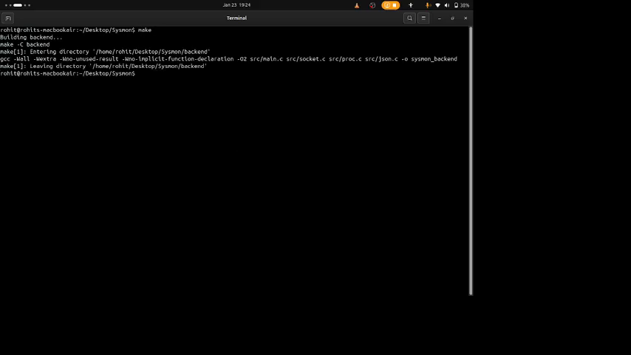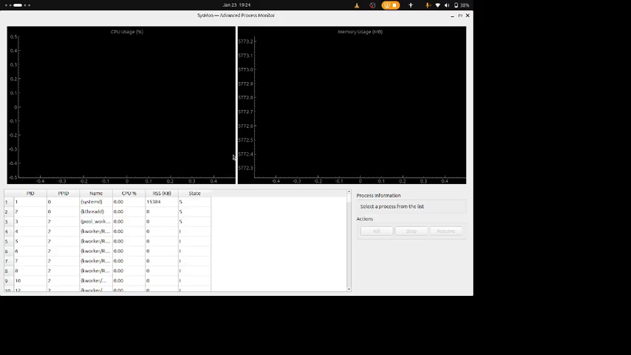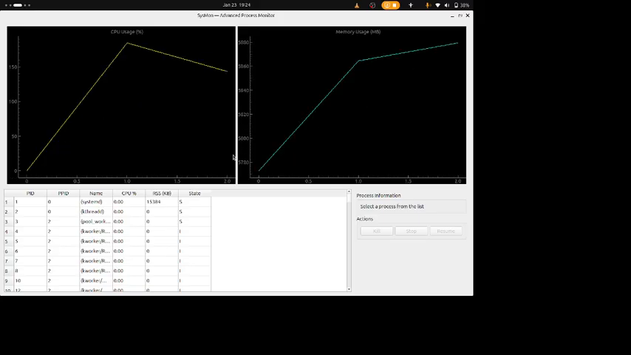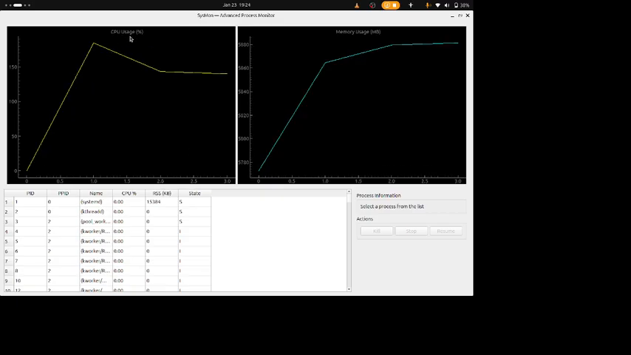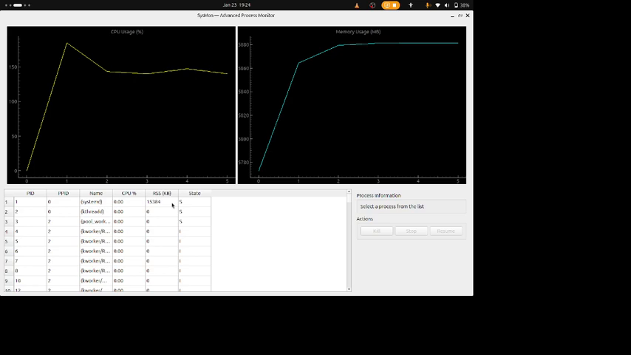Now let's visualize our project. First, we have to type the command make. After the execution of the make command, just run make run. It will take us to the dashboard of the project. We can find there are four main sections. First one is CPU usage, second is memory usage, third is the process table, and fourth is the process information